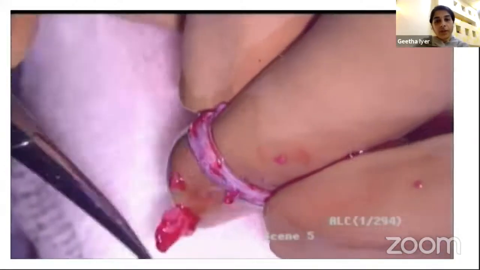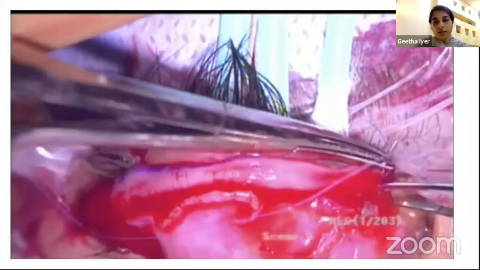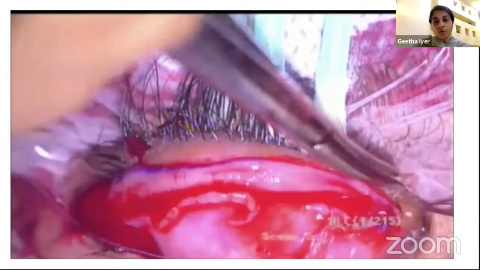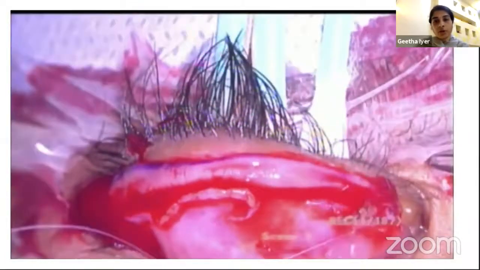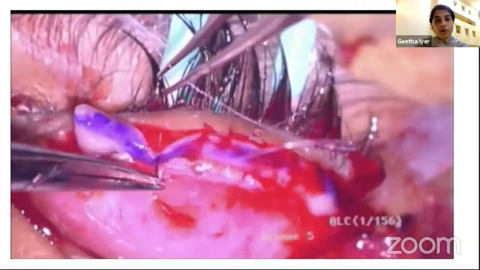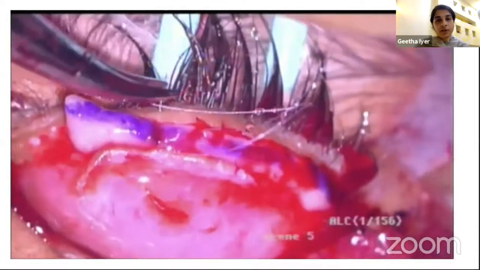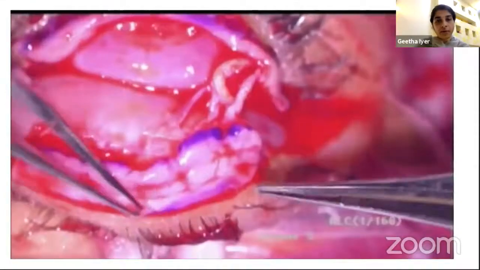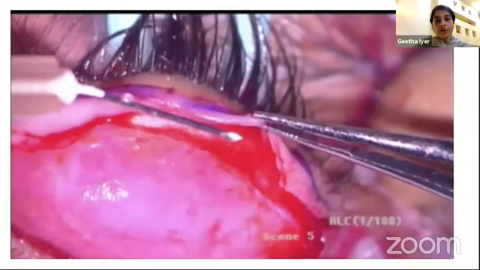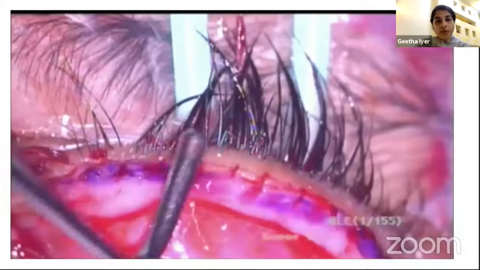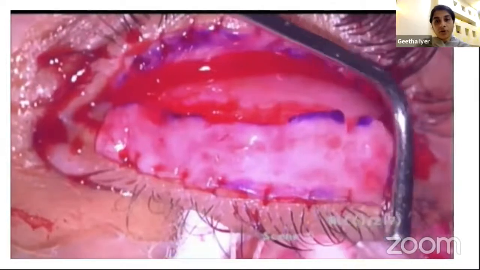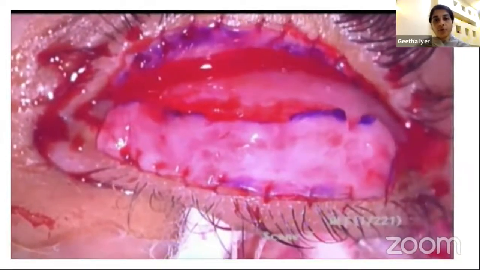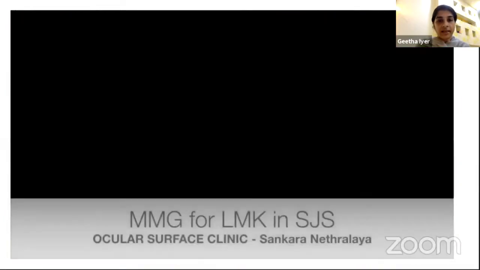This is the mucosa being trimmed off the subcutaneous tissue, divided into 4 parts, and then each part is sutured to the lid margin along the edge, which is adjacent to the lid margin using 8-0 Vicryl. The rest of the mucosa is stretched over the bed and stuck and secured using fibrin glue and apposed to the cut edge of the conjunctiva. So this basically involves the actual surgical procedure of mucous membrane grafting in these eyes.